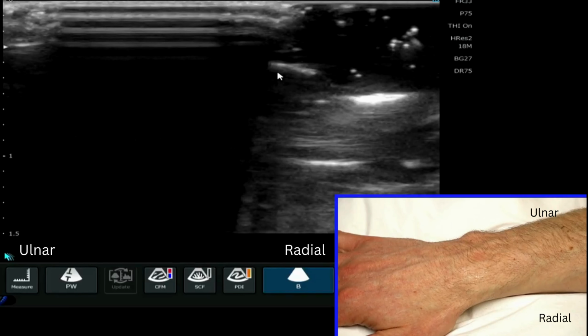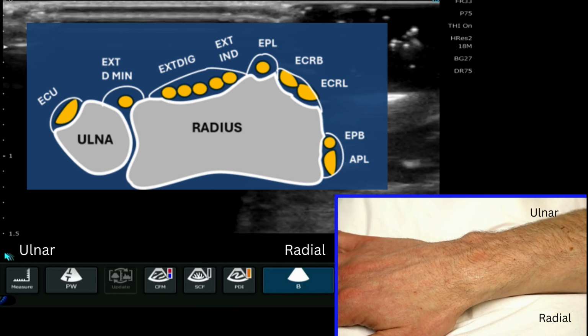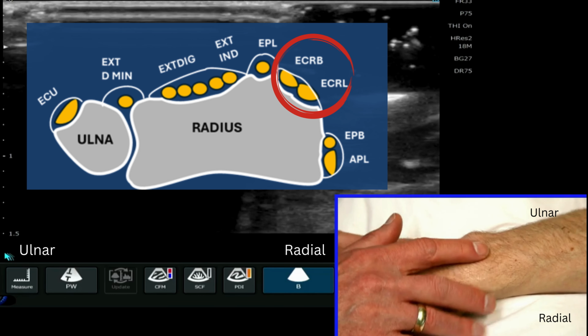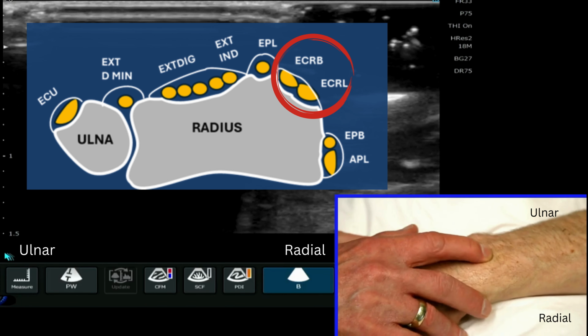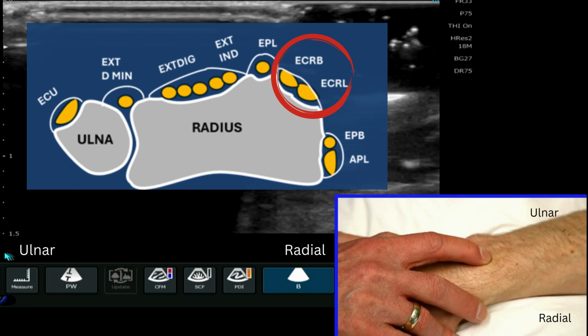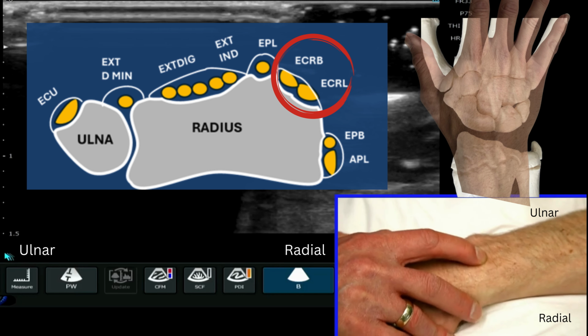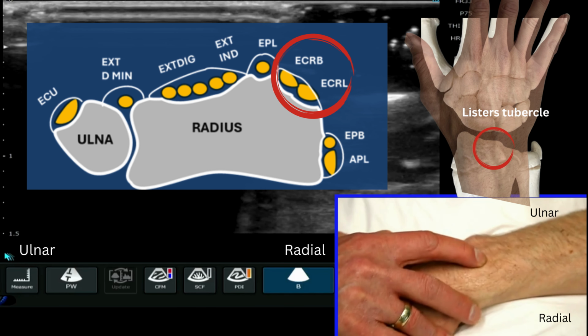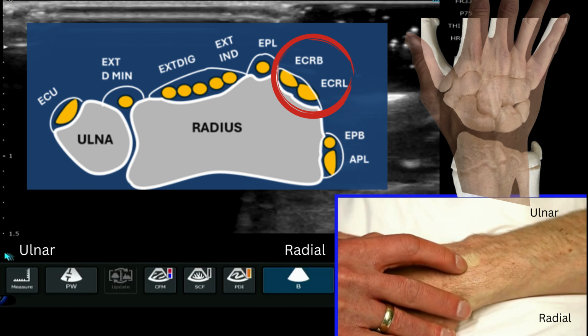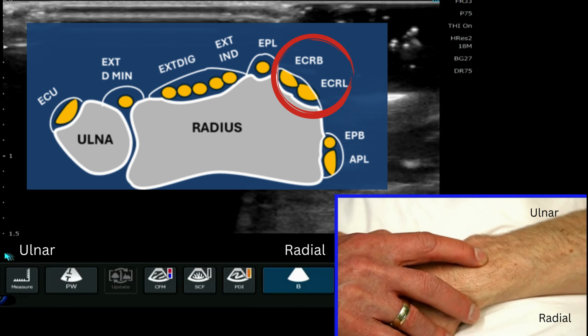Okay, so now we're going to find the second compartment, the second extensor compartment. So in terms of anatomy, if we look at the wrist, I put my finger on the dorsal radius here, and I can feel a little hard nodule, which is the Lister's tubercle. The Lister's tubercle is an area that we use to navigate because we know that the second extensor compartment is